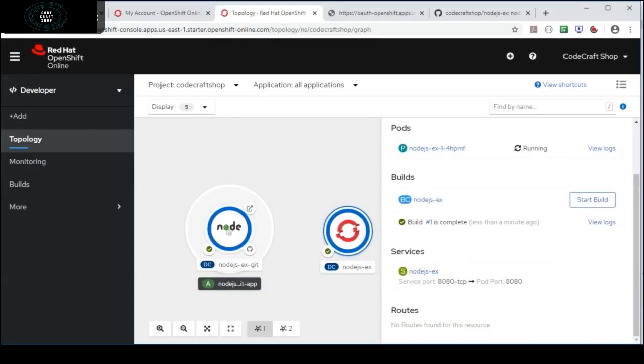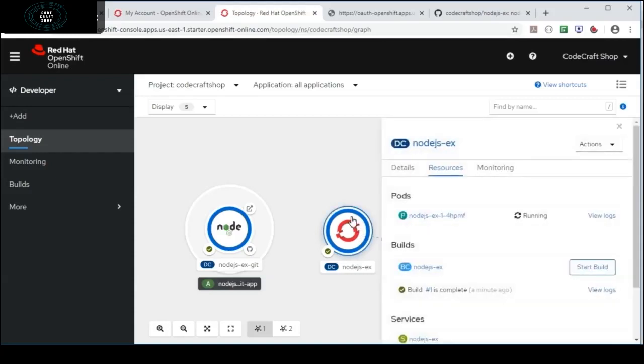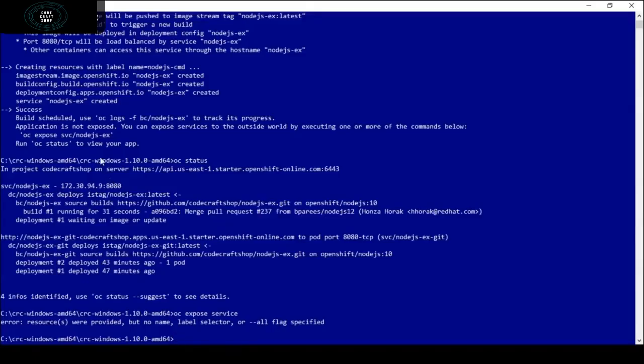We will need to expose the services so that we can use it through the web console. When we create the application using the command line tool, the services are not automatically exposed.